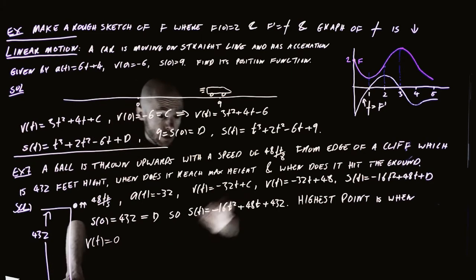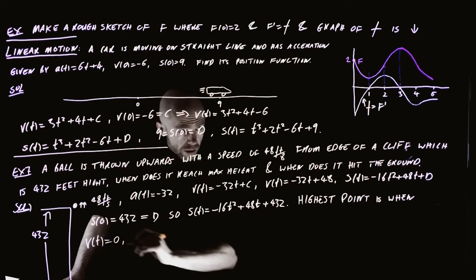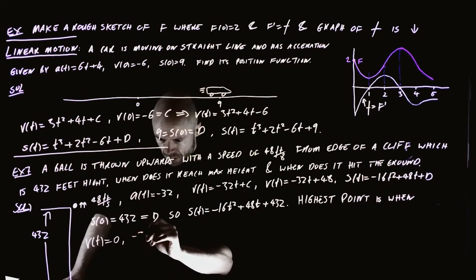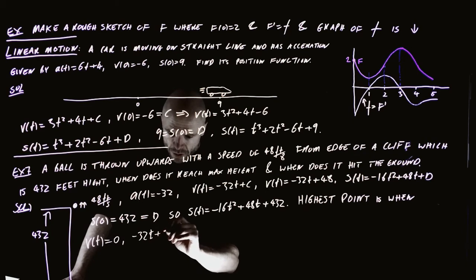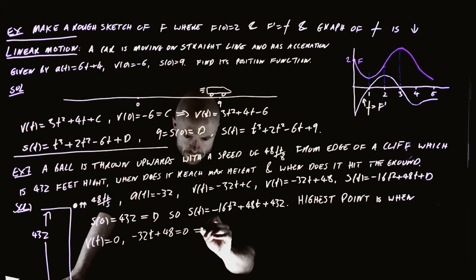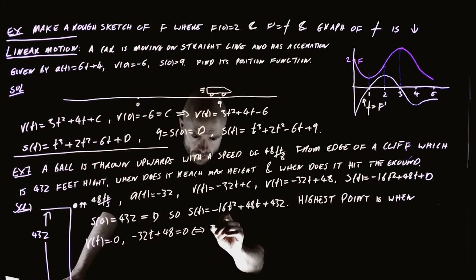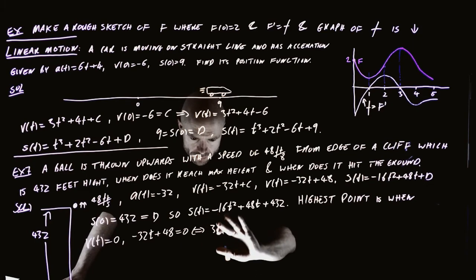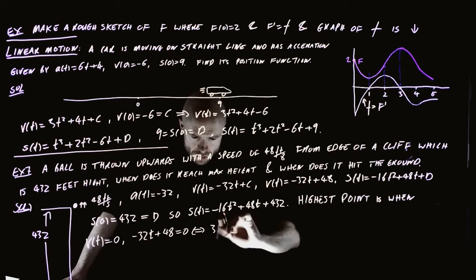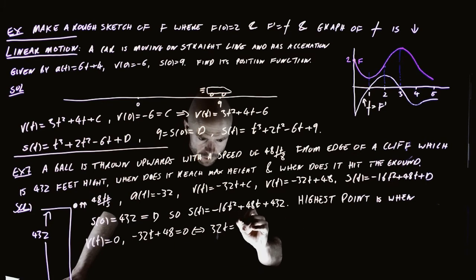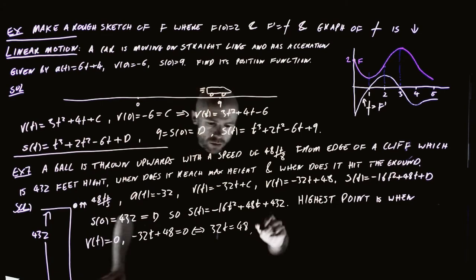And then we can solve for that, right? So what's that? That's minus 32t plus 48 is equal to 0. And therefore 32t is equal to 48. t is equal to 48